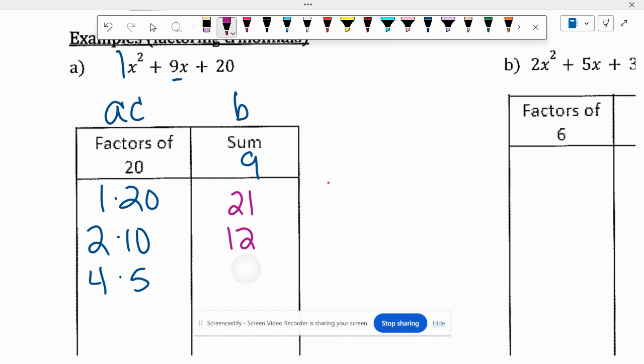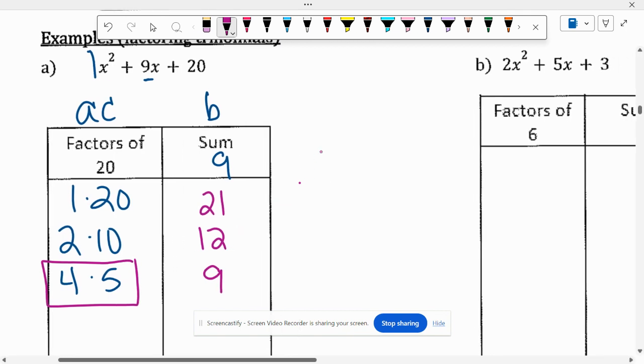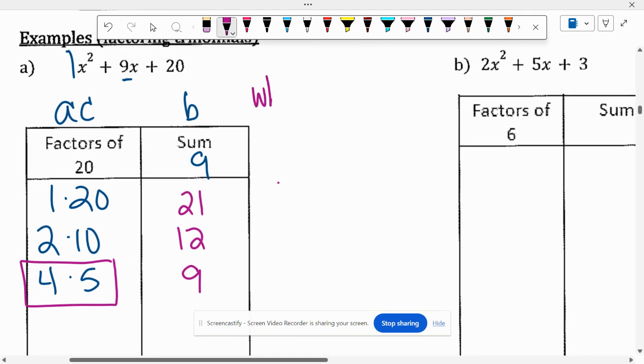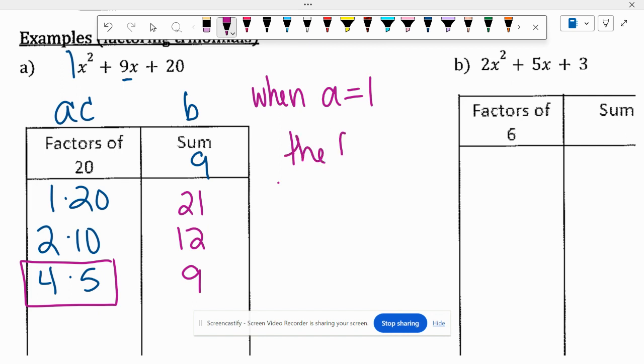What's 4 plus 5? So that means that these two numbers are the factors that I'm using. These two numbers are the factors that I'm using when A equals 1, that's your leading coefficient. When A equals 1, the factors you choose